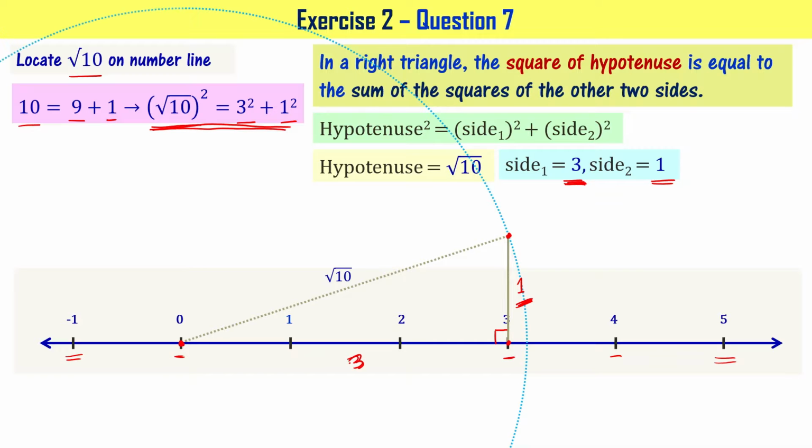Now with the help of compass, let me draw a circle like this. You see, I have drawn, some of it is outside the board, but what you see is I have drawn a circle by keeping one end of the compass at 0 and the pencil at the other end of this particular line, which is of length root 10, right? So it cuts through the number line at this point. Let me mark that point. That point is root 10. Got it?